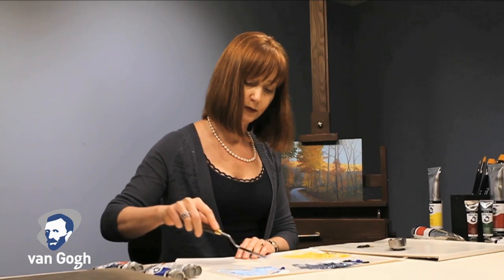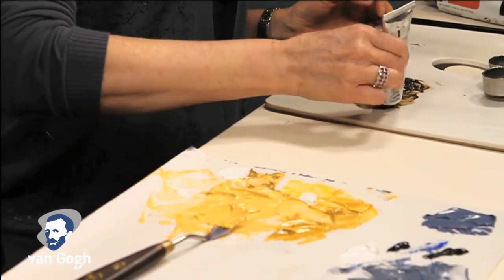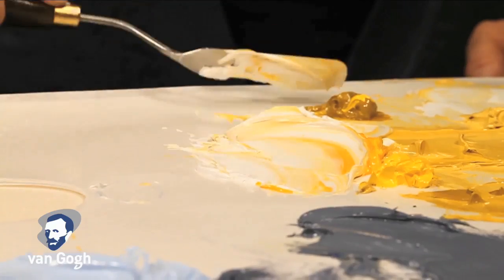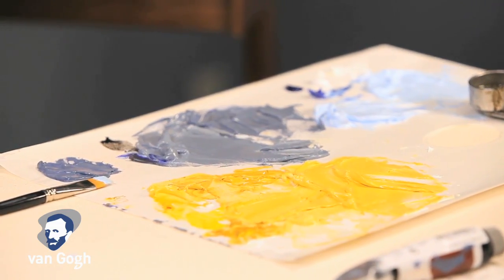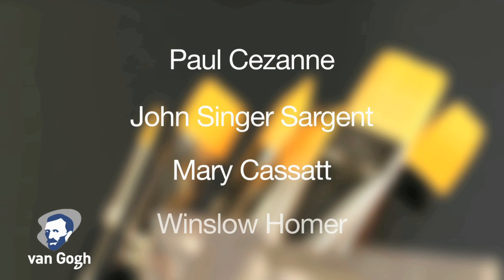colors. Alla Prima is an Italian term meaning "at once," and it signifies the technique of mixing colors not only on the palette but also on the canvas, as colors are applied while the paint layers are still wet. This technique allows for beautiful blending of colors as well as an expressive style of painting, often used in plein